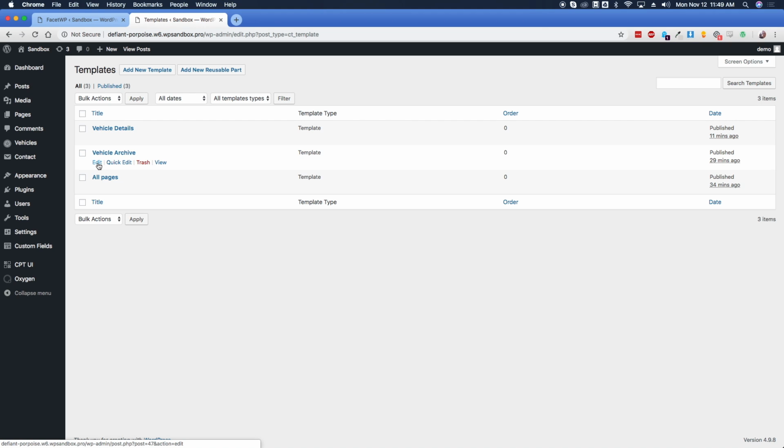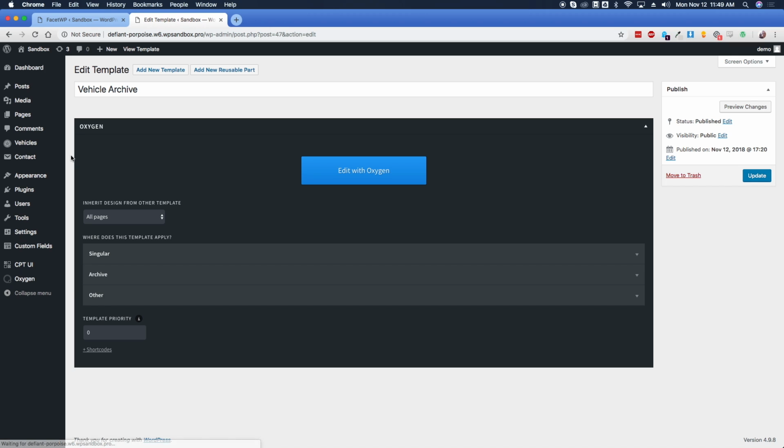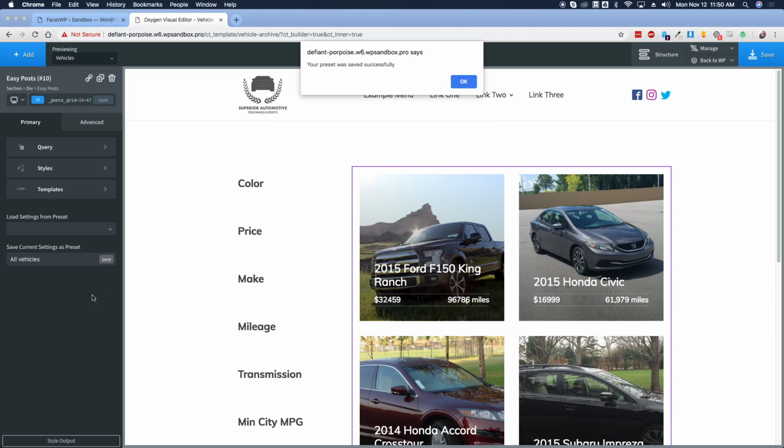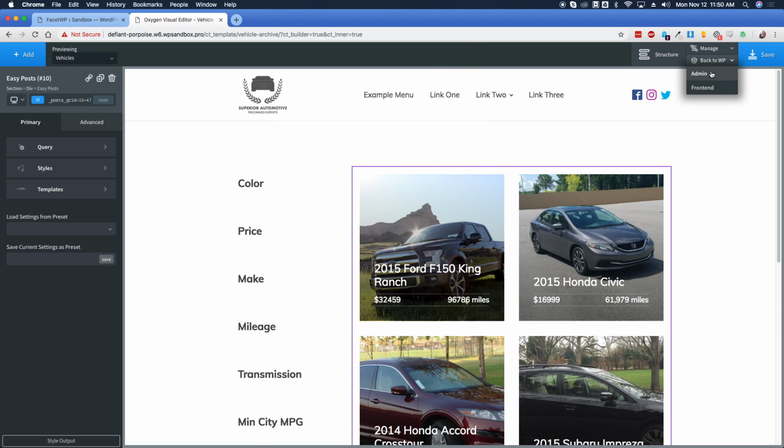I'm going to actually go back into the vehicle archive template because there's one setting that I forgot to show you, and I want to make sure you guys see this so you're not doing the same work twice. So click on Edit with Oxygen. Okay, so go ahead and click on the Easy Post element, and you'll see there's an option here that says Save Current Settings as Preset. You can title this whatever you want, but I'm just going to call it All Vehicles for the sake of this example, because what we're going to do now is click on Save and go back to our WordPress admin